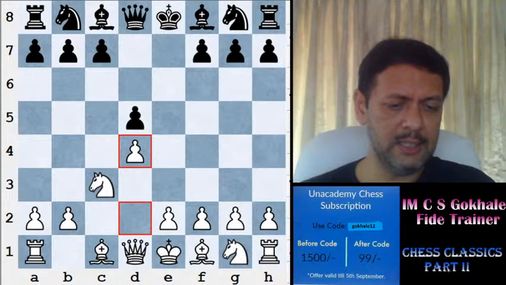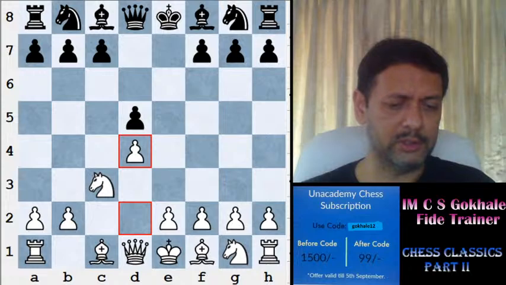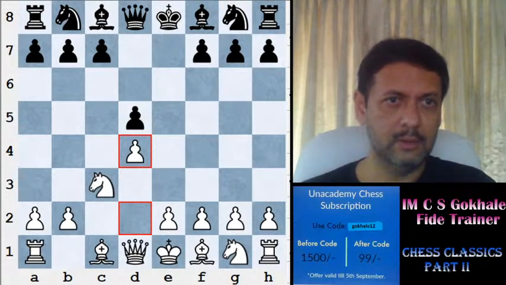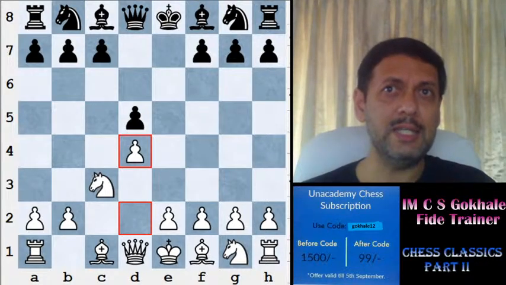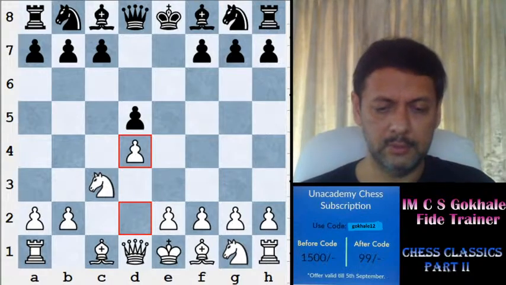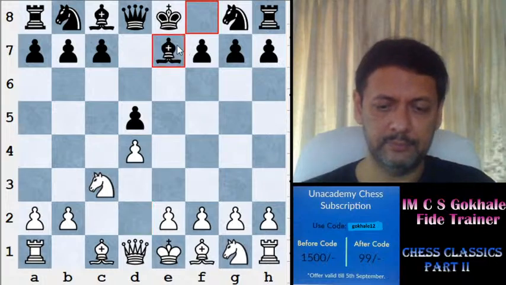Or Sicilian reverse? No way, it's not a Sicilian reverse, Ankush. It cannot be. If he plays e5, that might be reversed. With e6, it cannot be. Okay, so d4, bishop e7,